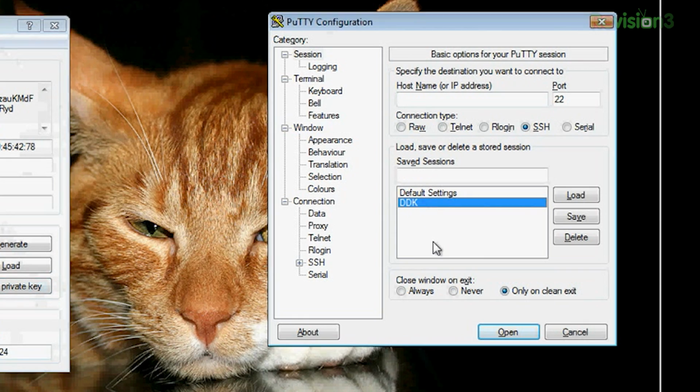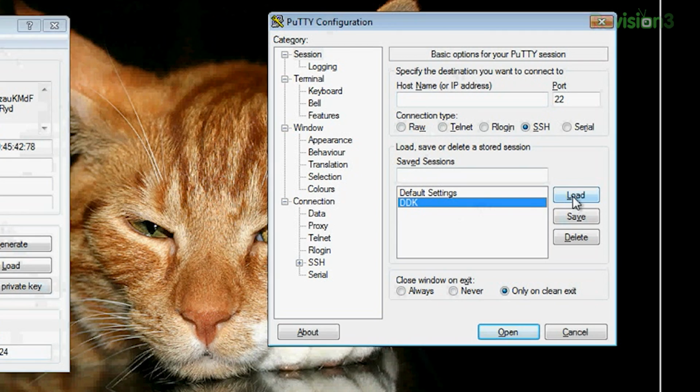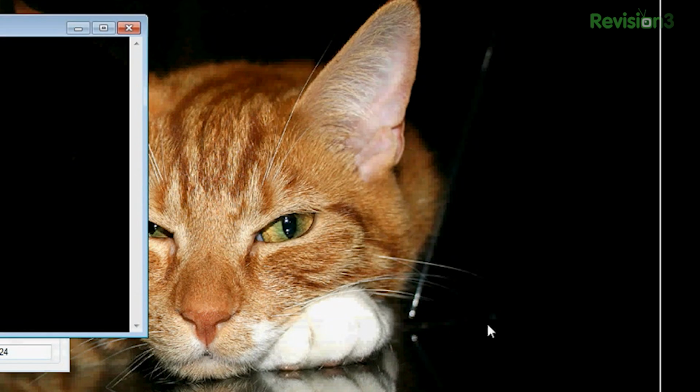Okay, so now that I have both of those generated and saved on my computer, hopefully in a nice TrueCrypt volume somewhere, I need to actually get back into the server. And this is what I did last week. I actually created the ddk.hak5.org host on my machine that I could connect to. So I click Load and go to Open. And so you already have it set for the host as Snubsy at the host name. Yes. So it already knows your username.